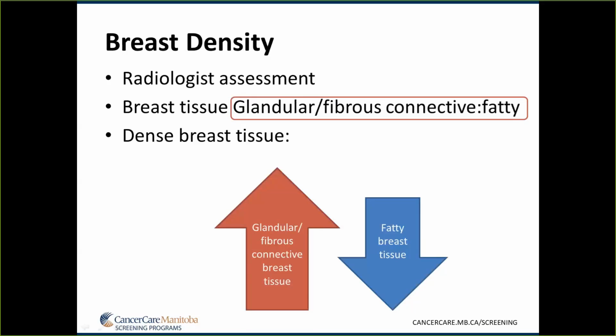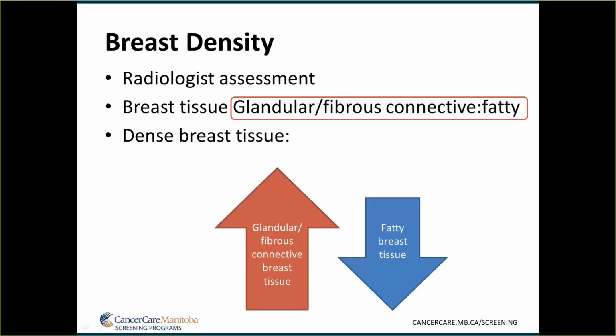At the subcellular radiologic physics level, and I'm only going to spend 10 seconds on this, it actually refers to the tissue with the highest number of free orbiting electrons, which are going to absorb the X-ray beam, not allowing them to penetrate and activate the digital detector on the other side of the breast. So this leads the algorithms to assign a white grayscale number to the particular pixel. So obviously, if there's an increased amount of the tissue that absorbs it, it's going to be white, and the tissues will all appear very, very similar.